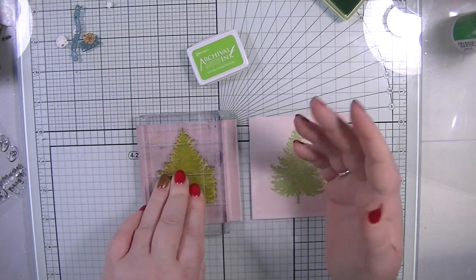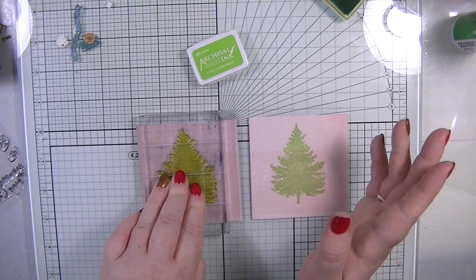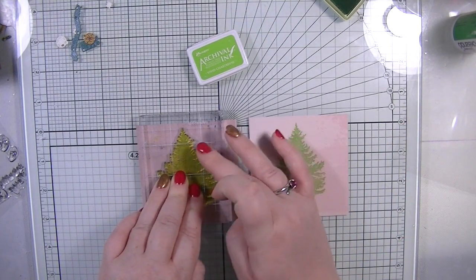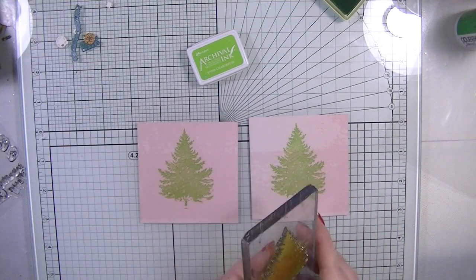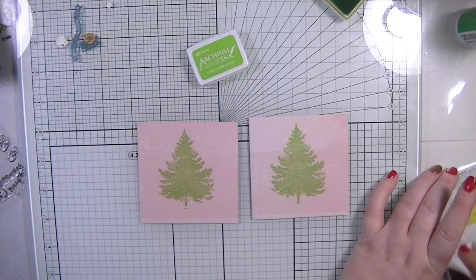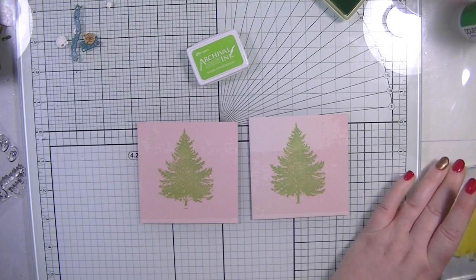I've always had trouble stamping with acrylic blocks. As most of you know, I always use my stamping platform. However, since seeing this and trying it, 9 times out of 10 my stamping now with acrylic block works wonderfully. So I'm so pleased about that. Right, okay,